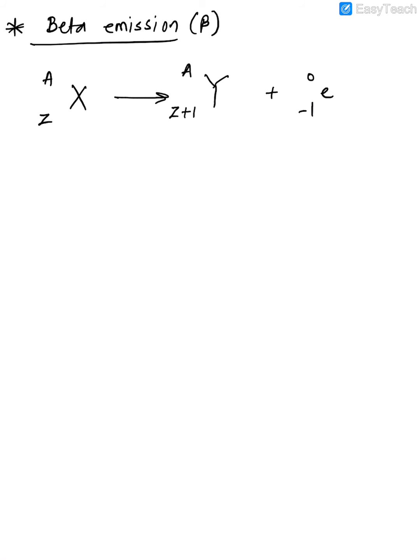So if you had a parent nucleus, it's called a parent nucleus X and Y is called a daughter. So X is A, Z. So when this beta was emitted, basically the atomic mass remains unchanged, but the atomic number will increase by 1. Okay. Now how does this happen? So again, we'll consider the same example now.